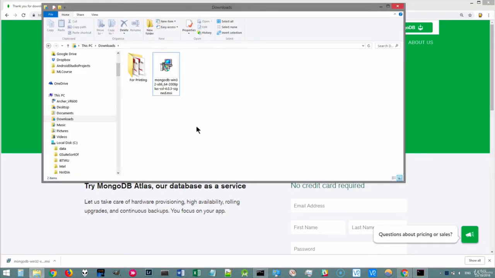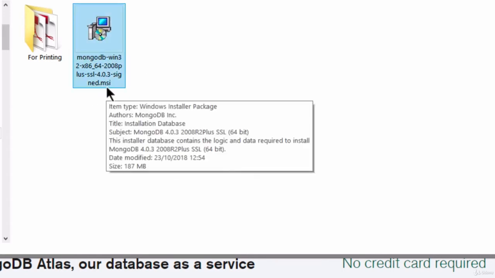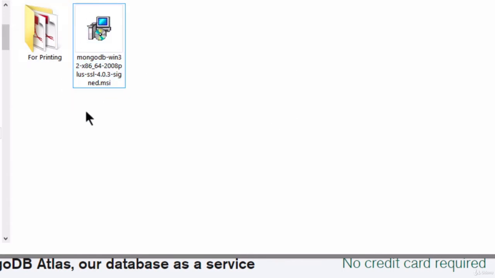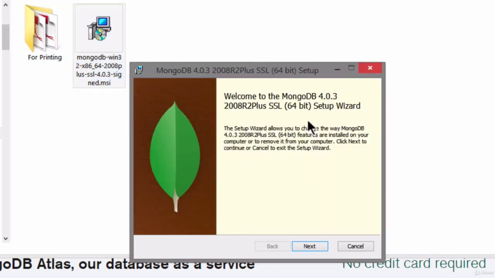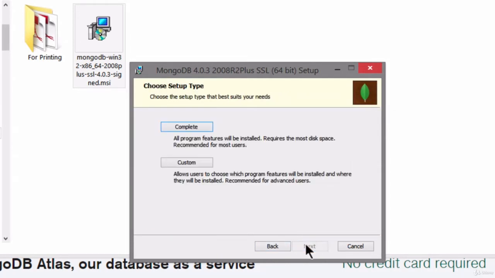Now, once the download has completed, you should be able to head into your downloads folder and see this installation wizard. It's going to be called something like MongoDB something.msi, and this is going to be your installer. So now, if you double click on it, it will launch the installation wizard. And all you have to do is click Next, and then we're going to accept the terms of the license,